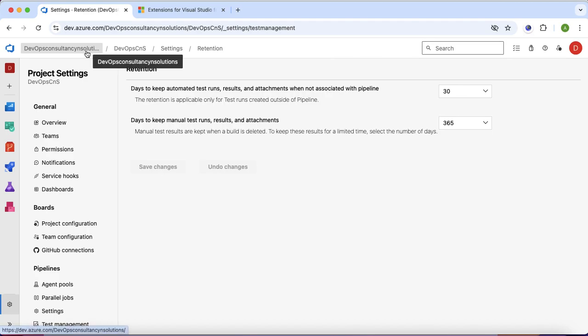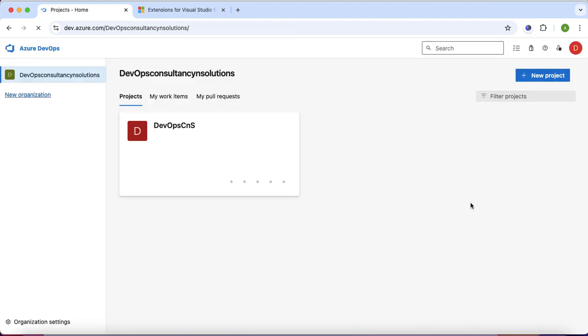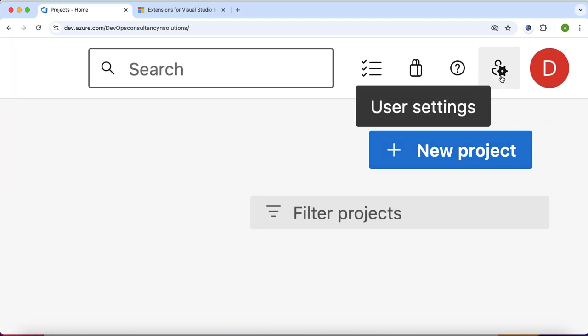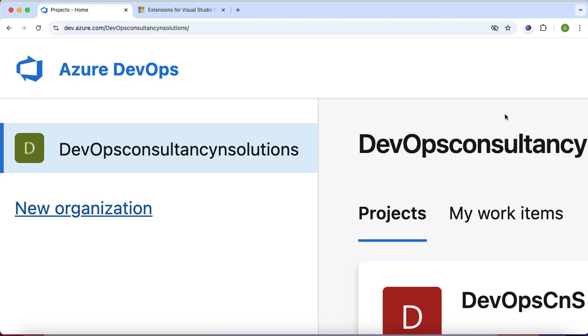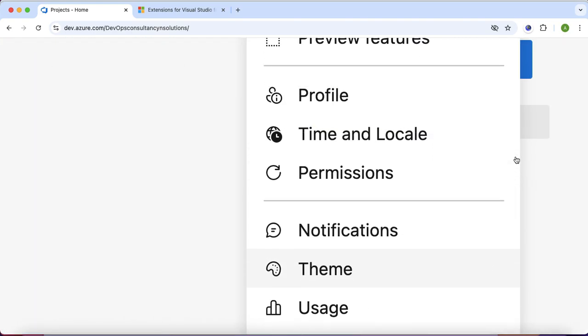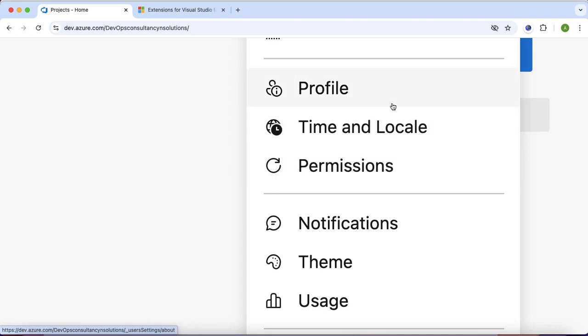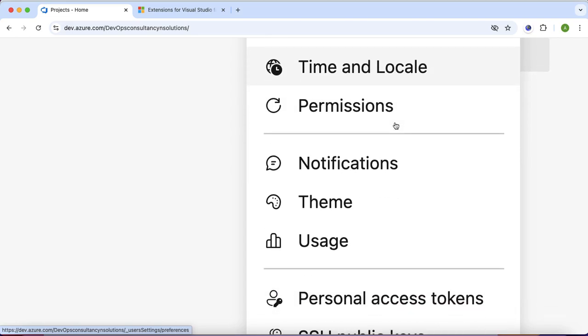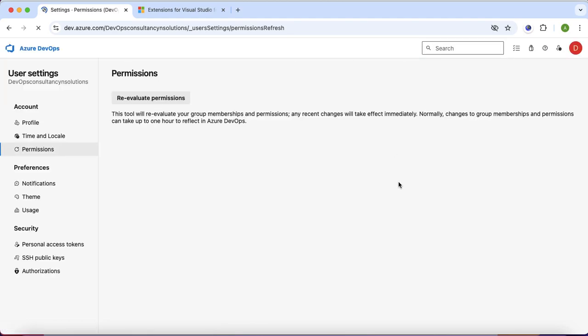So if I go back to the organization setting, in the top right corner, if you can see here, these are the user settings. I can see here my user settings. These are the profile. I can update my profile and time zone. I can define here the permissions and the notification. If I click here on the permissions,